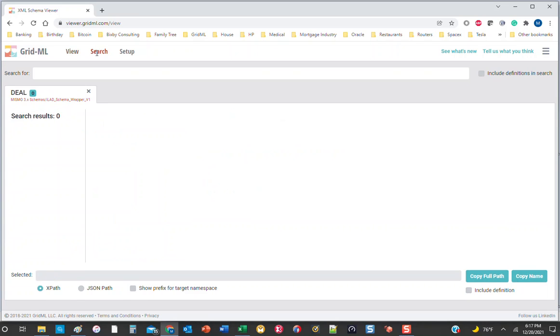First thing I'm going to do, I'm going to click on the search option, and that brings up a search bar at the top, which you'll see in typical things. And let's search on score. So I'm going to type in